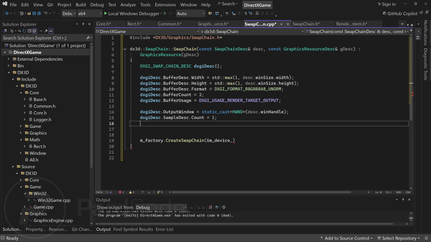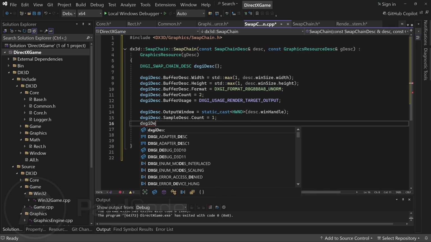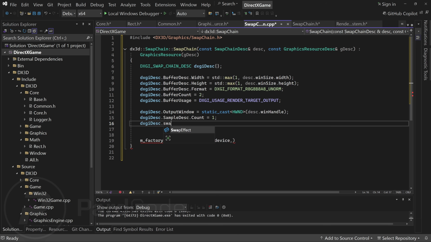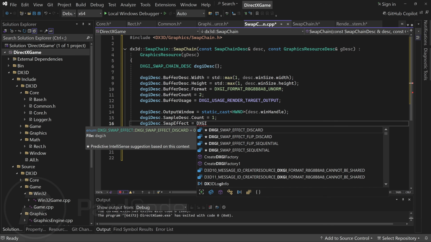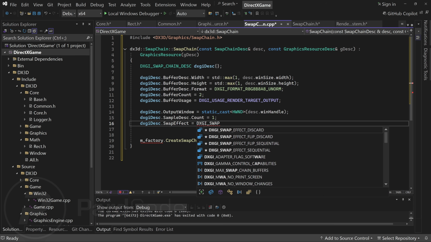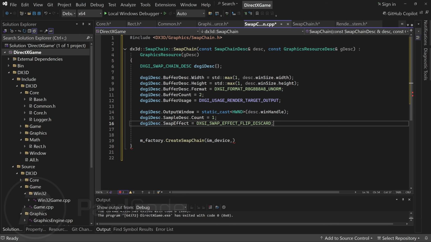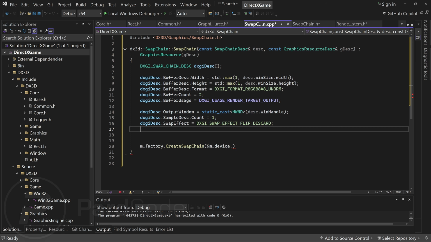Now we have to set the swap effect. Let's use the swap effect flip discard. Flip discard is a modern swap effect where, in windowed mode, the back buffer is not copied to a separate surface. Instead, it is flipped or swapped and directly handed off to the Desktop Window Manager, or DWM, for